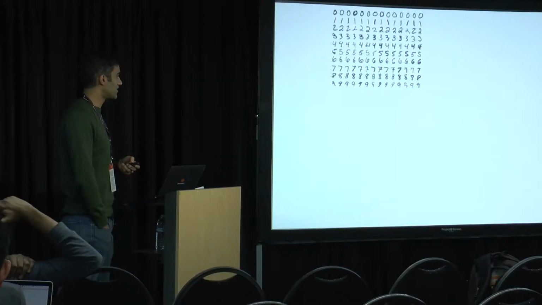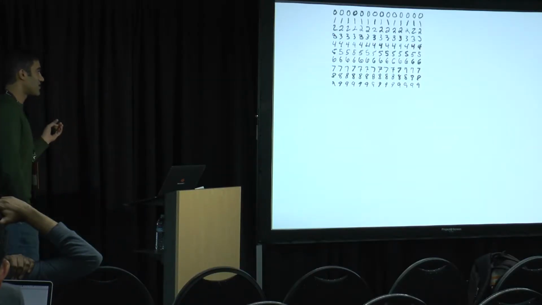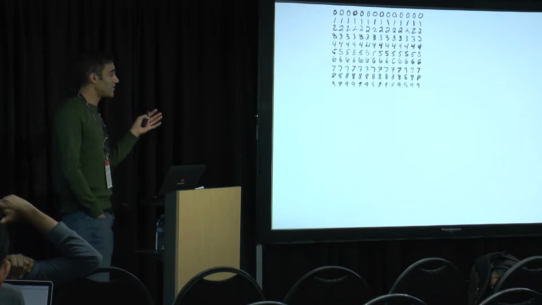And also, can we get better results ideally while doing so? So I'm going to briefly make sure we're all on the same page about what we're trying to do with hyperparameter optimization, and then present a new method that we have that moves things forward. Right. So consider this very canonical problem of multi-class classification.